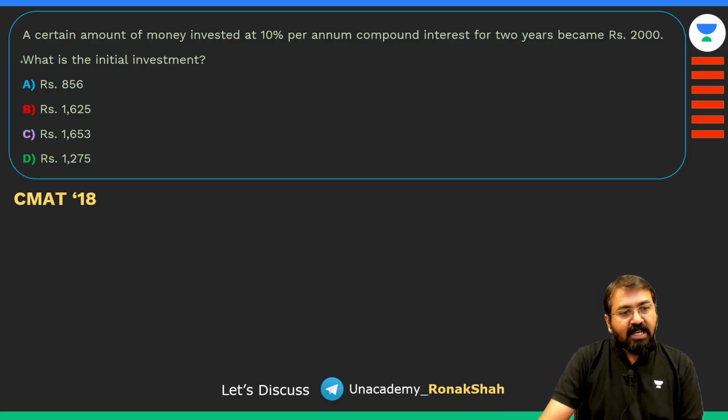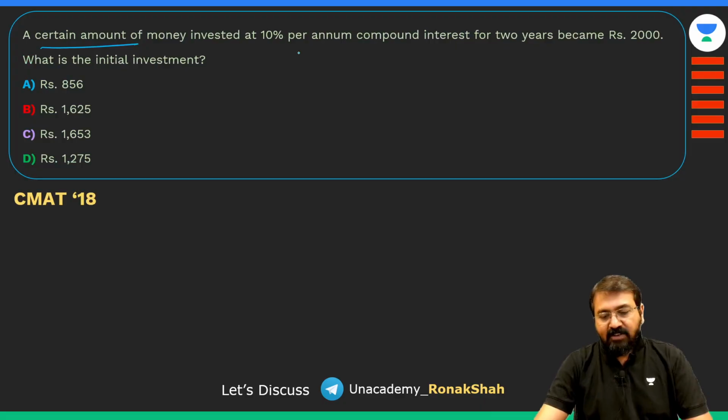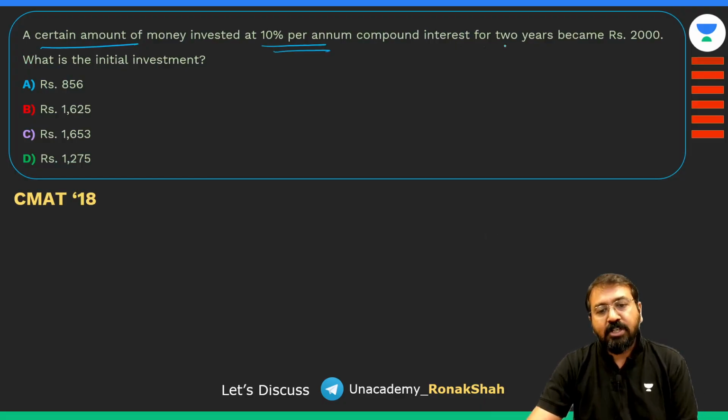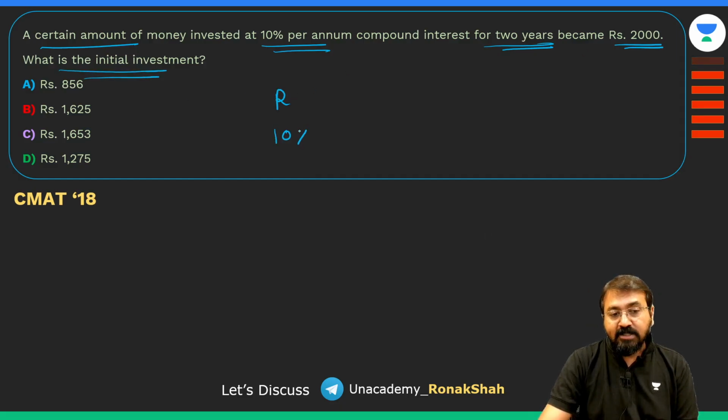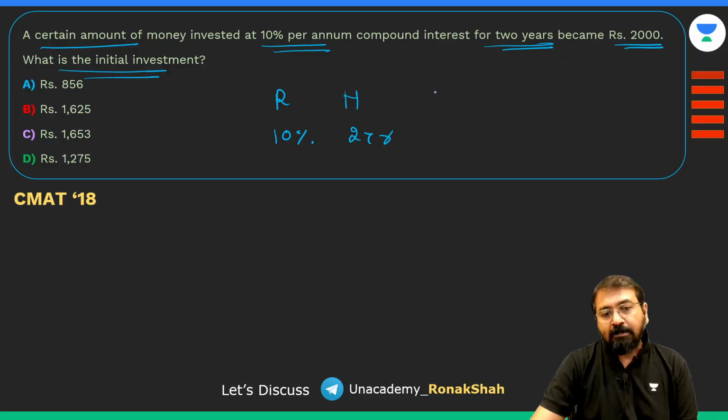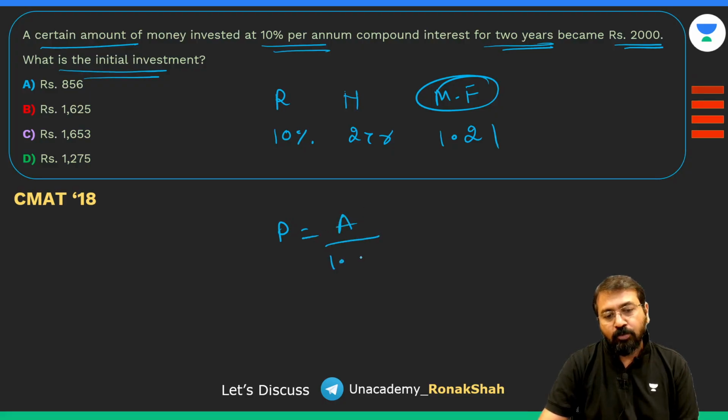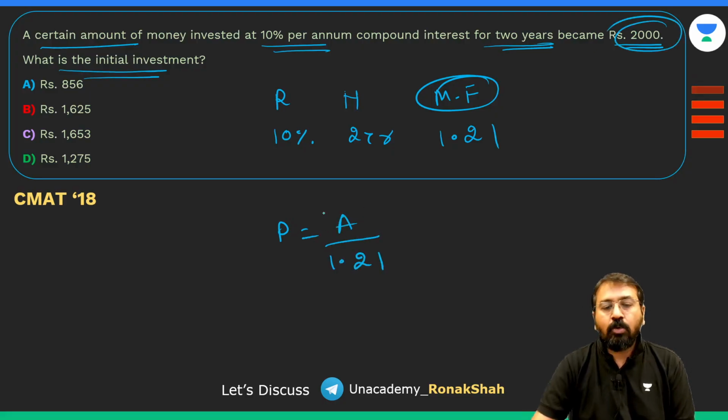चलो guys, a certain amount of money invested at 10% per annum compound interest for 2 years becomes 2000. What is the initial investment? याद है guys, rate of interest 10%, नंबर ऑफ ईयर्स 2 ईयर्स है, तो मल्टीप्लाइंग फैक्टर क्या था? MF 1.21 था कि नहीं। तो आपको अगर प्रिंसिपल फाइंड करना है तो अमाउंट को 1.21 से डिवाइड करना है। अमाउंट आपका दिया हुआ है।